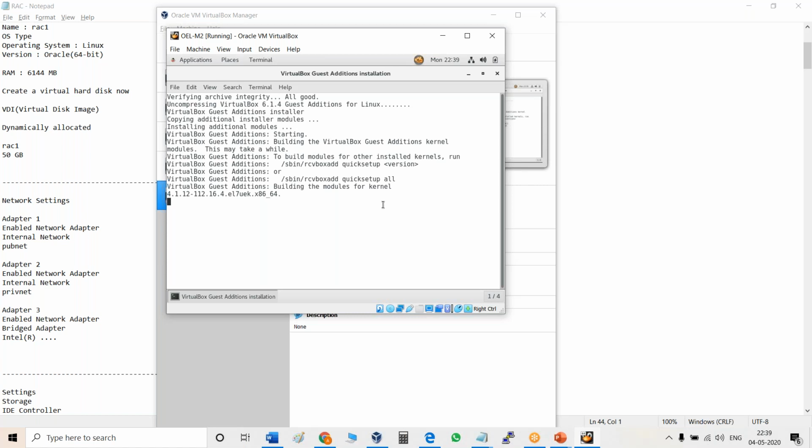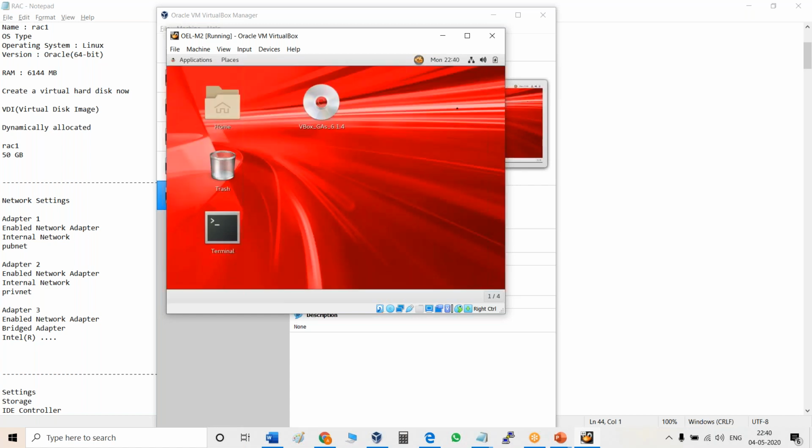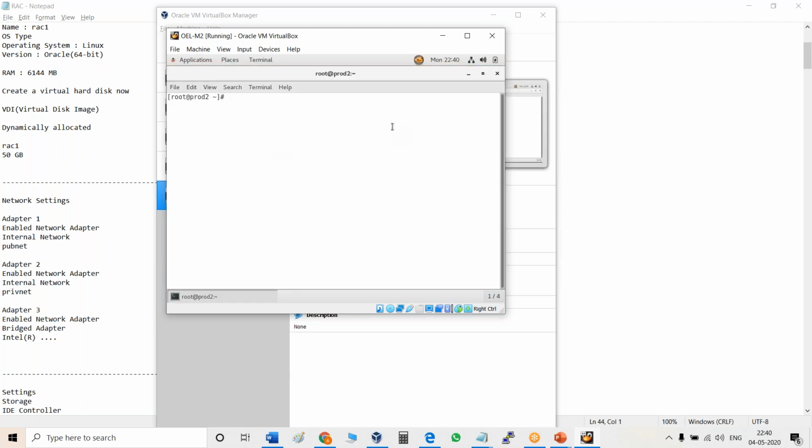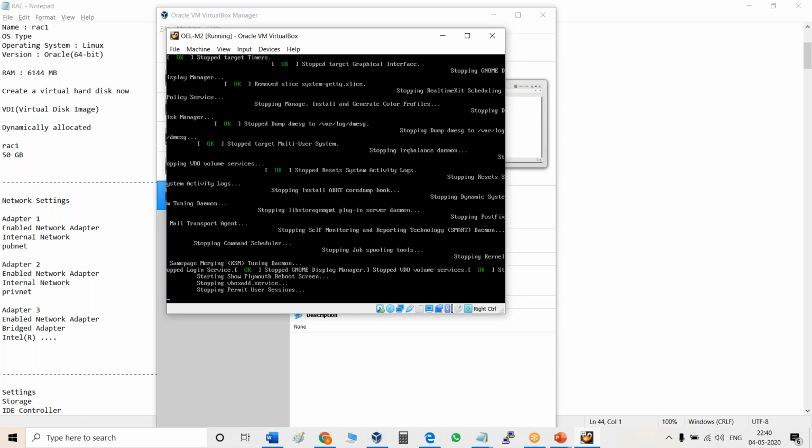So when it installs, you will get a press return statement or message. So see, press return. So enter it, it will close. Now open the terminal, and now the mouse is not released, but when you start again, so init 6 will shut down and restart the machine again.